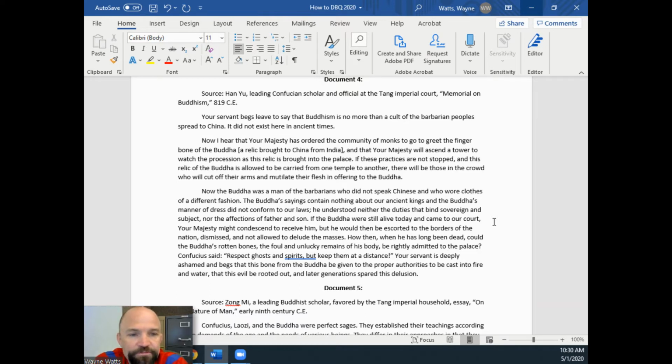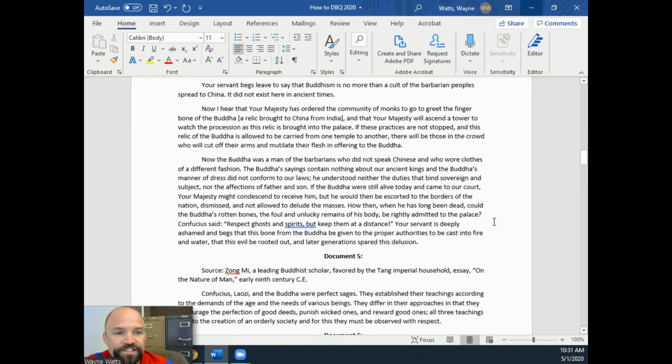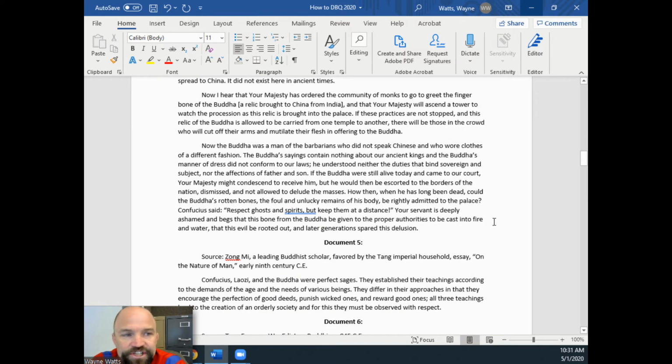Now I hear that your majesty has ordered the community of monks to go greet the finger bone of the Buddha, which was a relic brought to China from India, and that your majesty will ascend a tower to watch the procession as this relic is brought into the palace. If these practices are not stopped and this relic of the Buddha is allowed to be carried from one temple to another, there will be those in the crowd who will cut off their arms and mutilate their flesh in